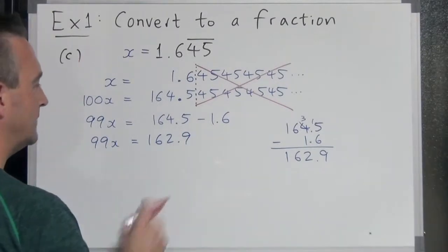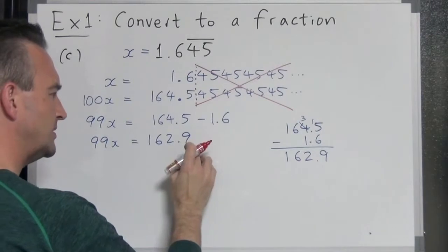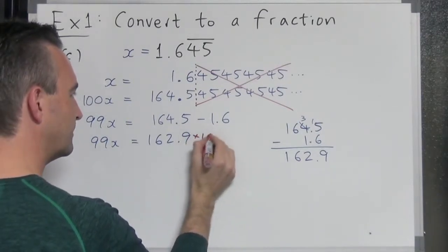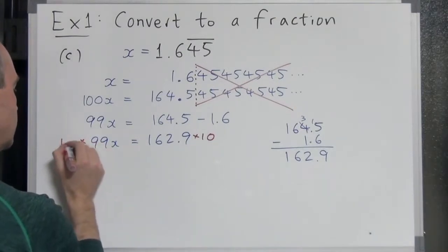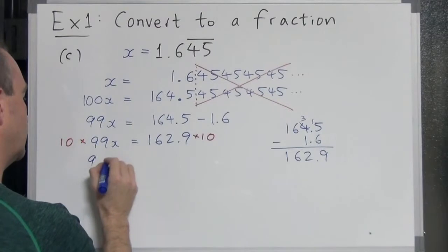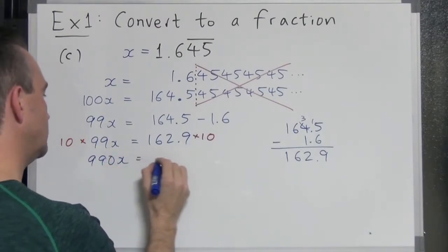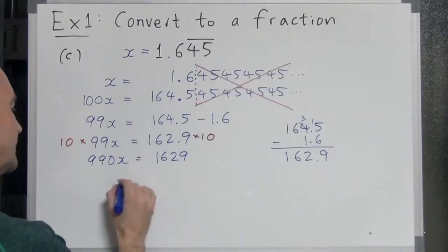162.9. Problem here, we have a decimal. We can't end up with a fraction with a decimal inside it. So let's get rid of this decimal by multiplying by 10. But I can't just do that to one side. I've got to do it to both sides to keep the equation balanced. This now brings us 990x on the left equals 1629 on the right. X is going to be